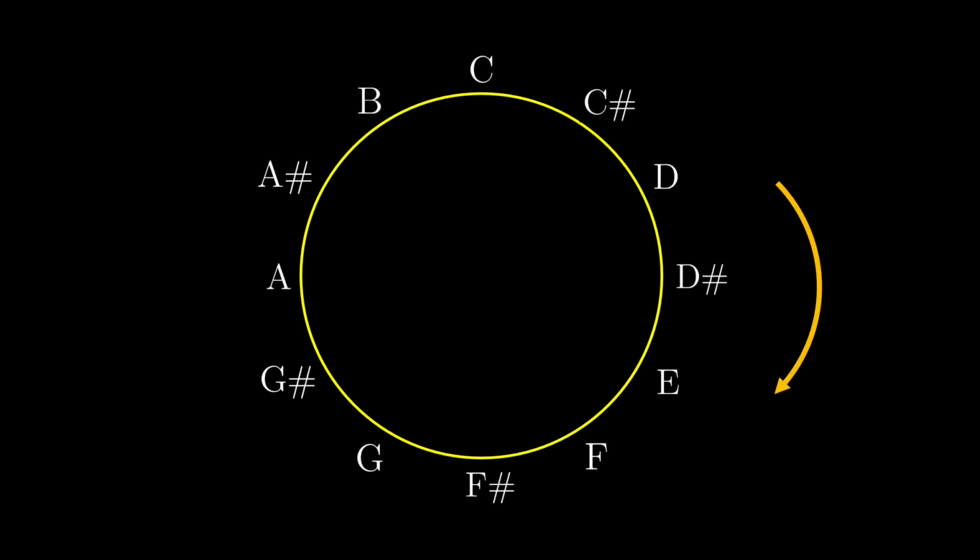Another application of Burnside's lemma is in music theory, which starts off with this circle. In Western music, there are 12 tones, and the pitch goes up when we go clockwise around the circle. So if you start with middle C, for example, going around the ring clockwise, you will end up at another C an octave higher.